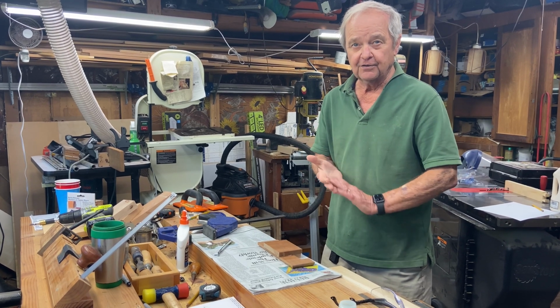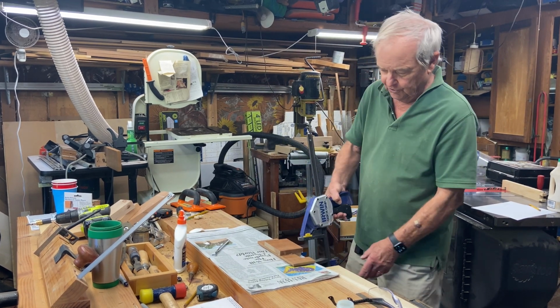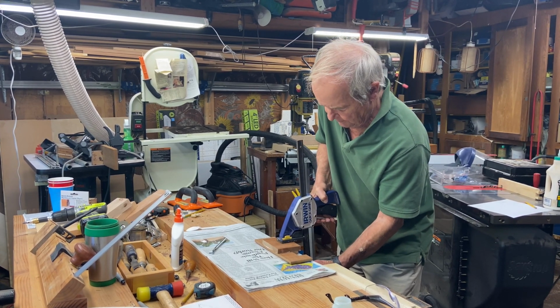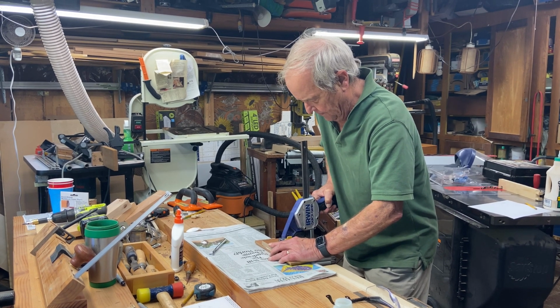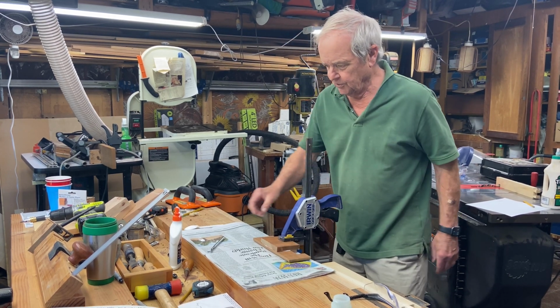Now, using this type of glue to laminate, this common wood glue, you need to apply pressure for at least 30 minutes. And the pressure has to be fairly strong. But I can just do it on my workbench here using this clamp. So you just put it in place,